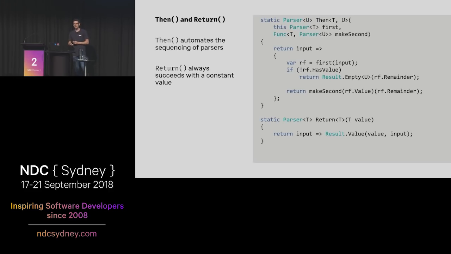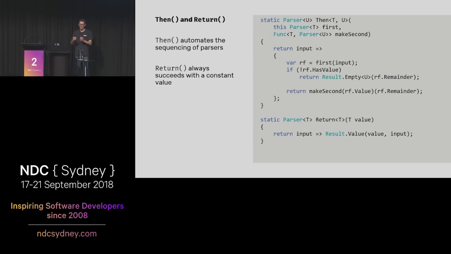So back to the problem of parsing decimal numbers. The repeated code that we saw in there was that we apply one parser and check whether the result had a value. If it didn't, return an empty value with a particular remainder. And if it did, move on to the next part. So given that we can work on parsers this way, this function is a sequencing operator that will take the first parser that we're going to try to match, and the second parser that we're going to try and match, and then return a new parser that's going to apply the first and then apply the second.